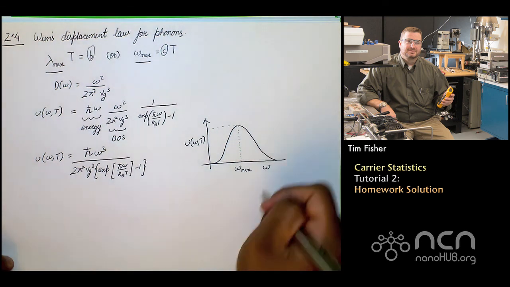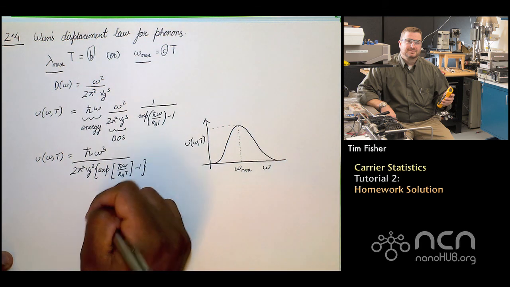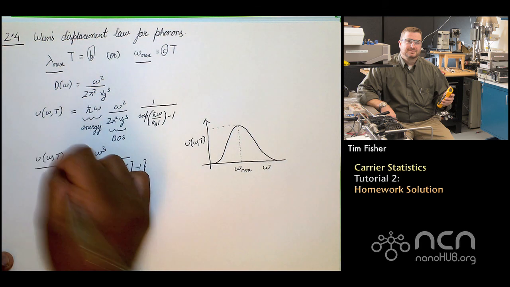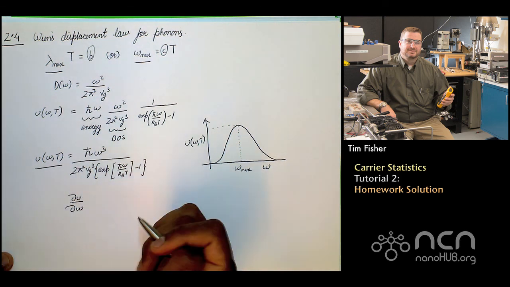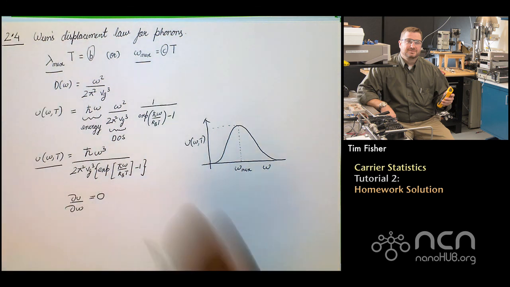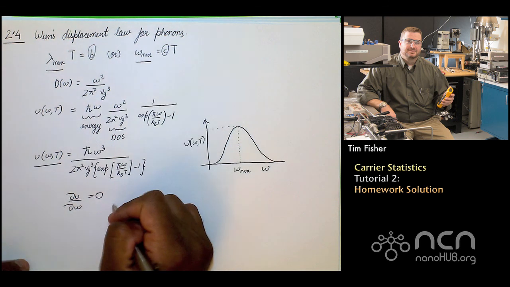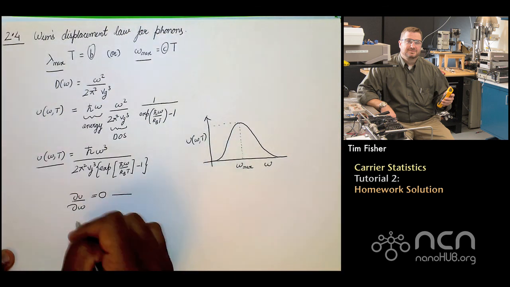Now we are going to numerically find a solution for omega max. So for a given temperature, the maximum in the spectral energy density will occur when the partial derivative of the spectral energy density with respect to frequency is 0. So therefore, solving this equation, we get the following expression: